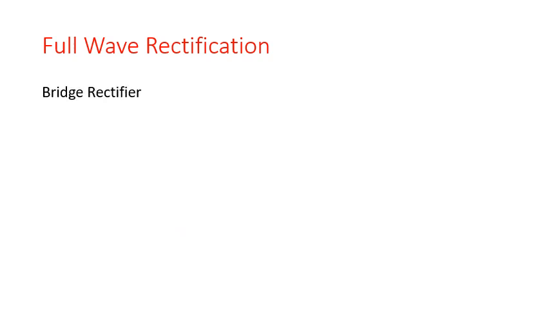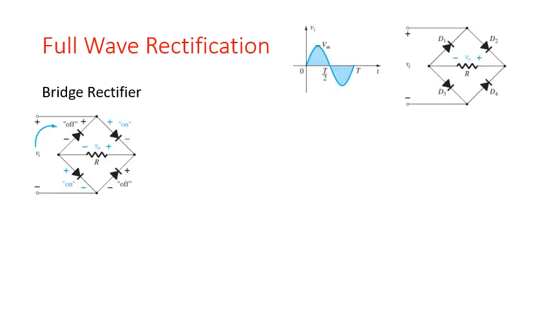Now when you come to the second type of full wave rectifier, that is a bridge rectifier. First of all, if I have a second type, that means there was a problem with the previous type. The first thing that we studied was a half wave rectifier. The problem with this was it was giving you only half the waveforms. So we went to something known as a full wave rectifier, which gave you waveforms that looked something like this. This was a center tapped full wave rectifier.